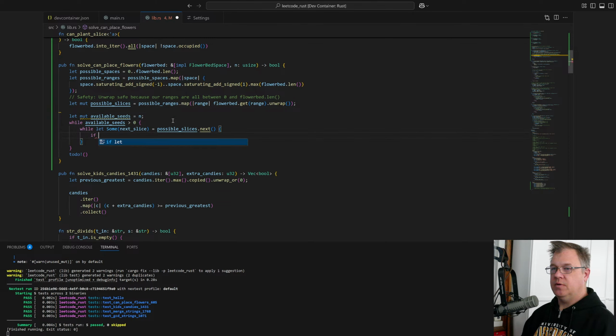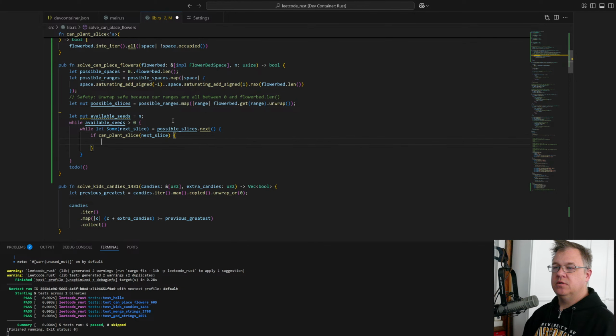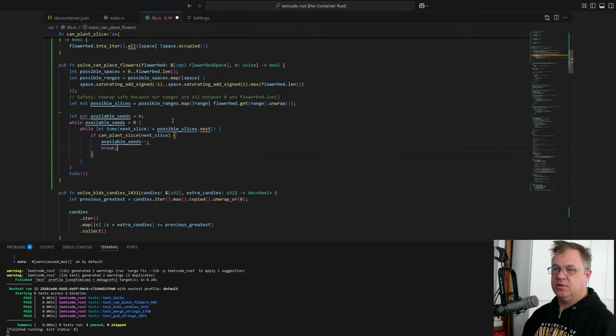So if we can plant in this slice, then available seeds minus break.